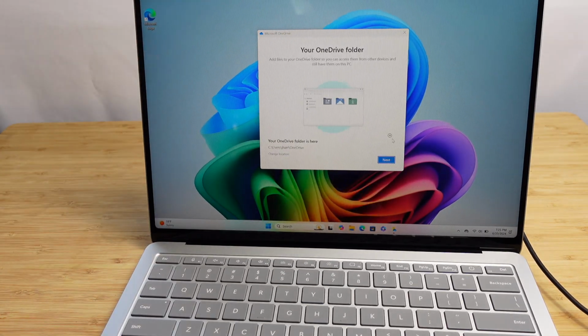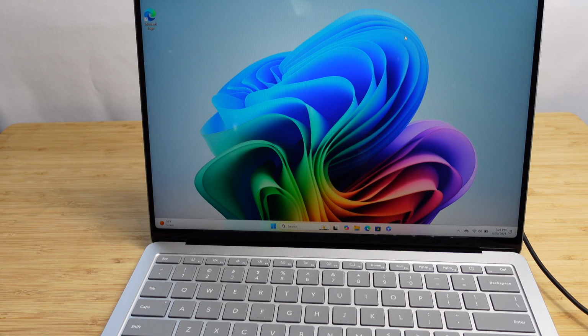I'm just going to go ahead here. It wants us to set up our OneDrive folder. I'll go ahead and do this later. I'll press the X button and that will make it go away. So this is a Copilot Plus PC. Let's check out what the